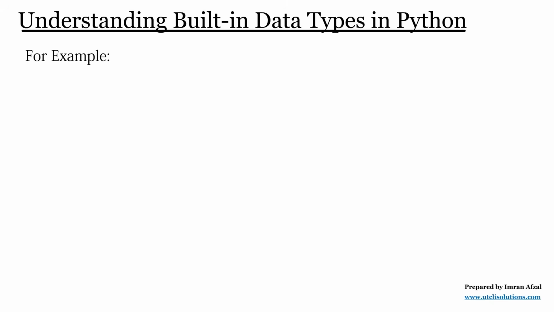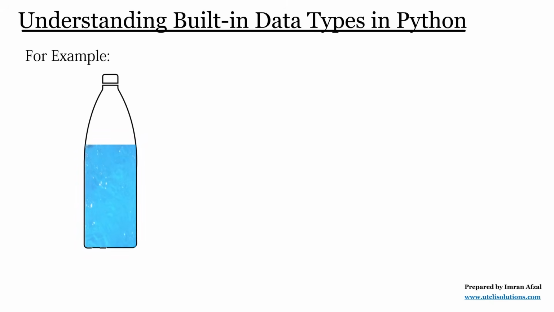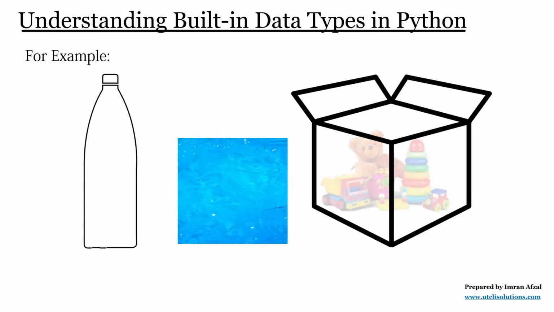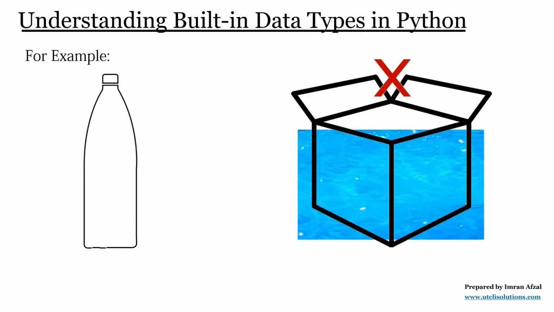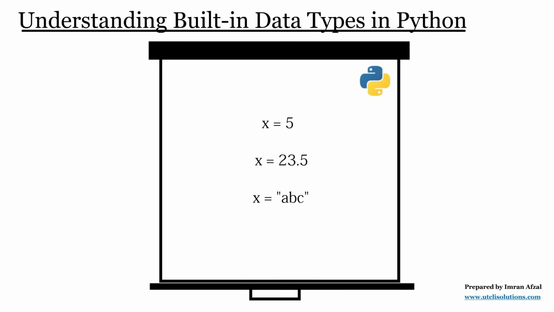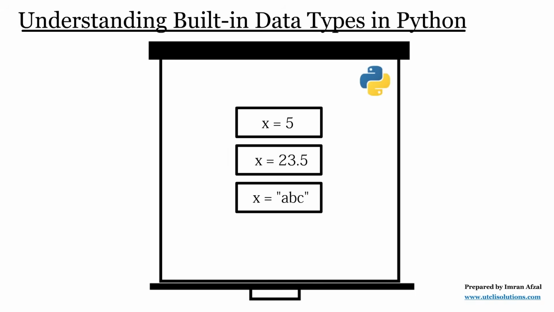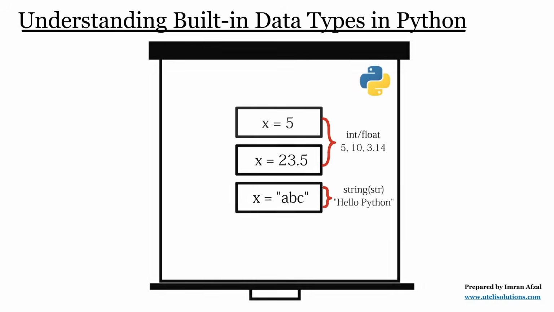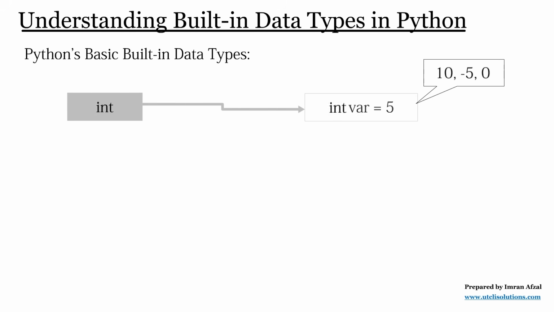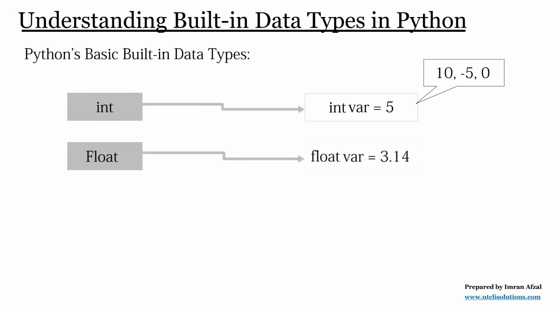For example, if you use a bottle to hold water and a box to store toys, you wouldn't put water in a box because it wouldn't work well, right? Similarly, in Python, a data type makes sure the information fits and can be used properly, like storing numbers for math or text for writing. So Python has three basic built-in data types, such as integer for the whole numbers, float for decimal numbers, and